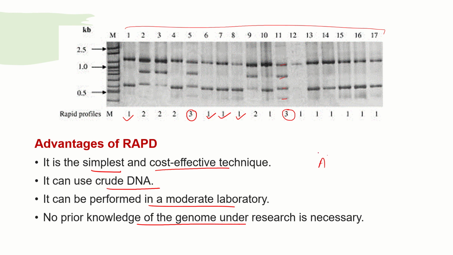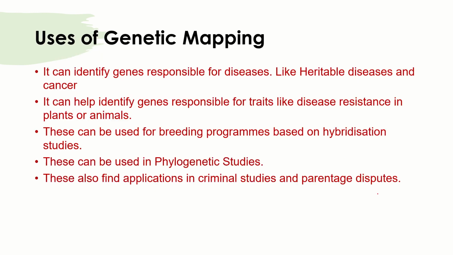If I have some species and I have no information about what that species is, still I can extract DNA from it. I can run RAPD and identify the molecular marker by adding a known primer. It will bind to particular sequences in the genome and amplify them. We will have those PCR products and run the gel electrophoresis, then Southern blot and all, and finally through that I can find out information about which species it is related to. So this is how this technique is used.